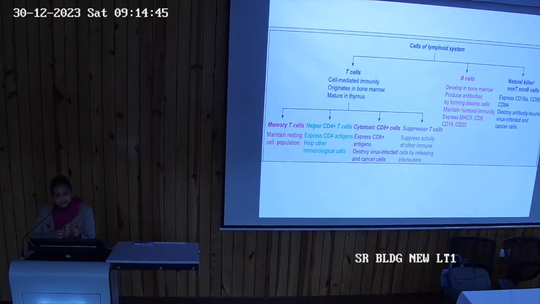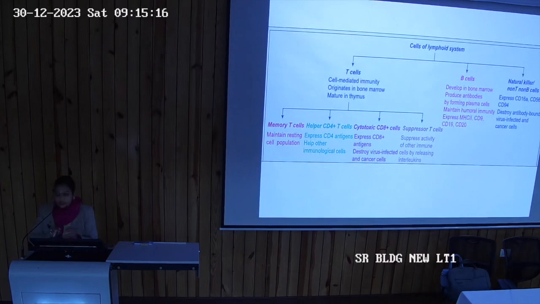तो इसके surface पे CD4 expresses CD4 glycoprotein. Then CD8 expresses CD8 glycoprotein. ये थोड़ा detailing में, इतना detailing में आपको नहीं जाना है. Then they destroy viruses, infected cells and cancer cells. Suppressor T cells क्या करेंगे? They will suppress the activity of the other immune cells. So these are the types of cells of cell mediated immunity: memory T cells, T helper cells, cytotoxic cells and